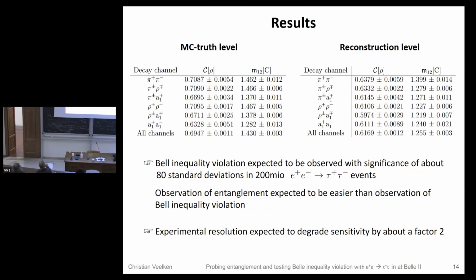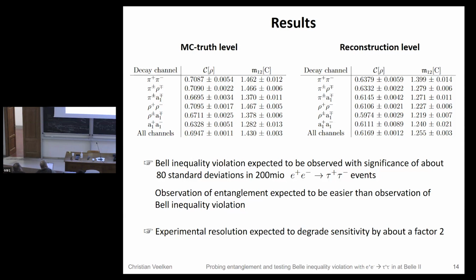So now that we have chosen the cut, I want to present you the results of the study. On the left is again Monte Carlo truth level. On the right is reconstruction level. These are really the numbers that we expect to see in a real experiment if we ignore certain experimental effects, like systematic uncertainties, that I will comment on in the following slide and not take into account yet. But you see that the threshold was 0. The value that we expect to measure is 0.6 with a tiny uncertainty. This is where the 500 sigma come from.